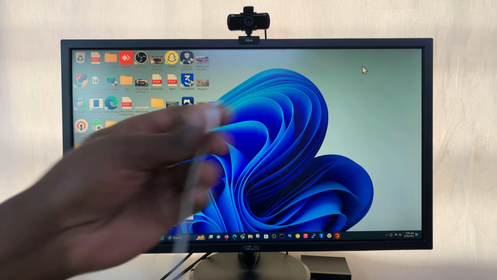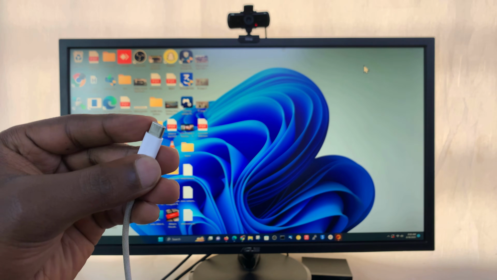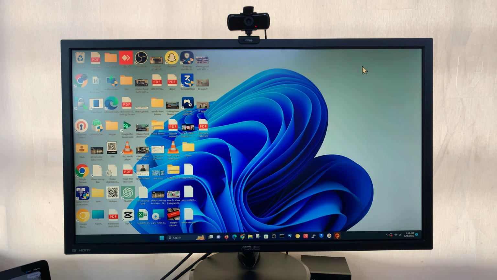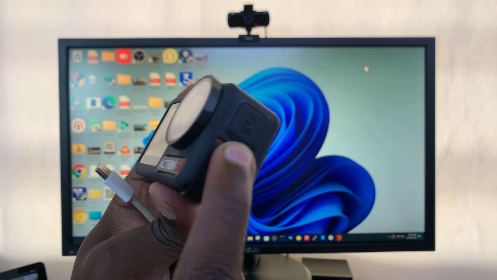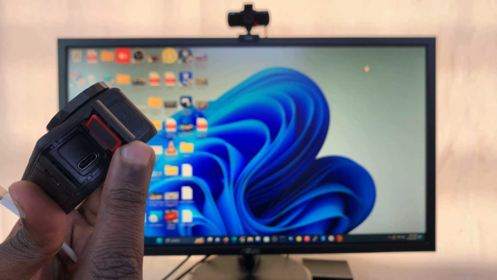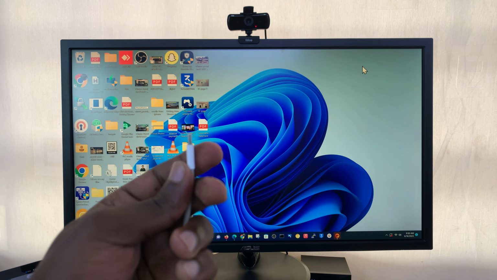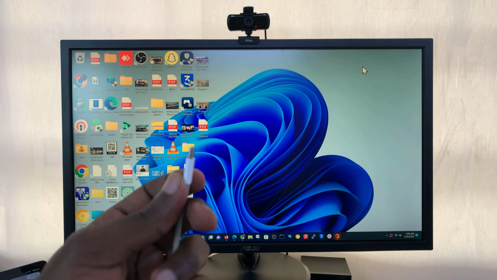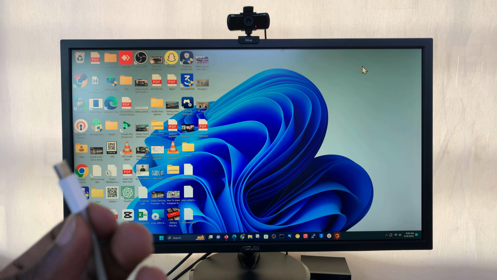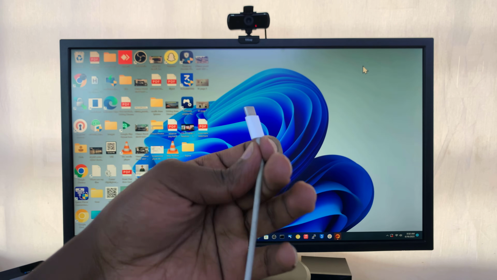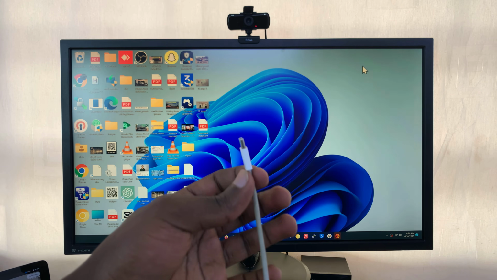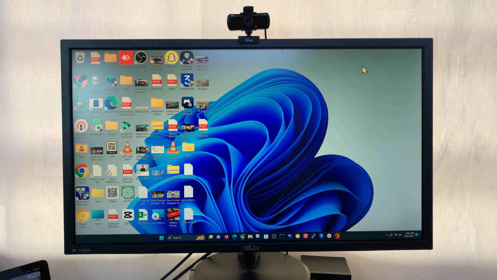All you need is a USB Type-C cable, all right? So the Type-C cable goes into the Type-C port on the camera right there. The other end of the cable could be Type-C if your computer has Type-C. If not, it could be a Type A to Type C cable. As long as it's a data cable, any cable works, all right? So the most important thing is to have a cable that connects one end into the computer and the other